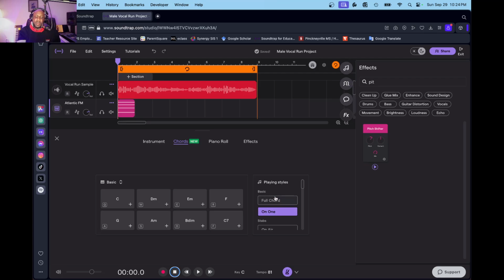So I don't want the full chord. If you do want the full chord, that's fine. I'm just going to do the on one preset. So we got C, and then the next chord I want is the 4 chord, which is F. And then the next chord I'm going to add is A minor,